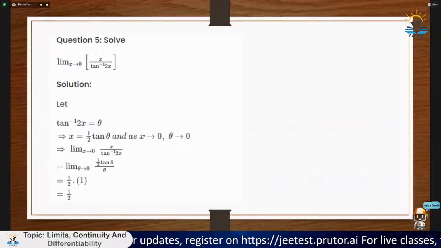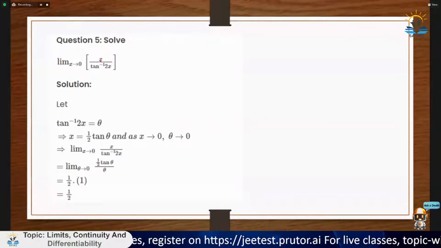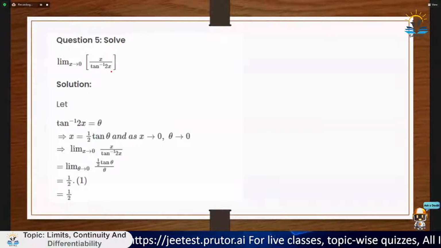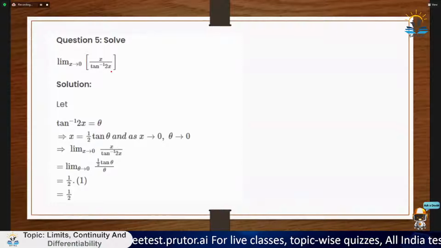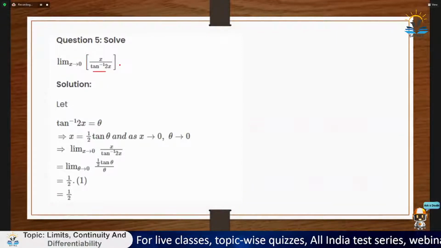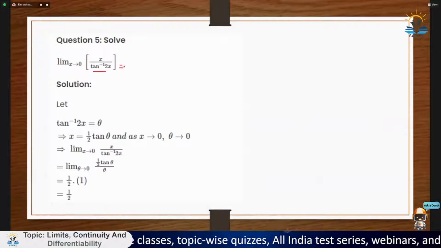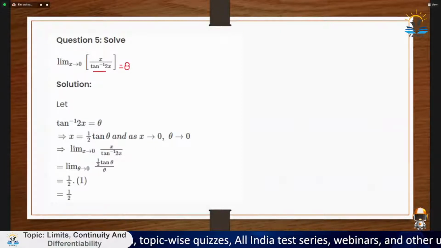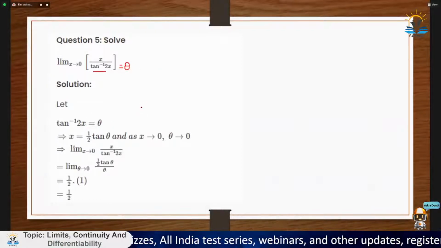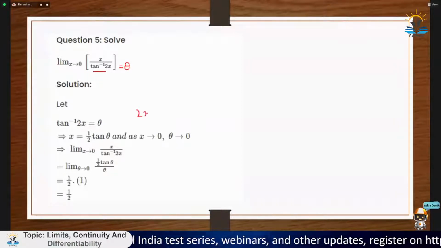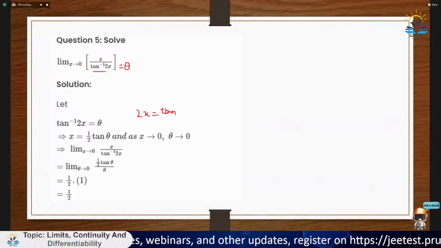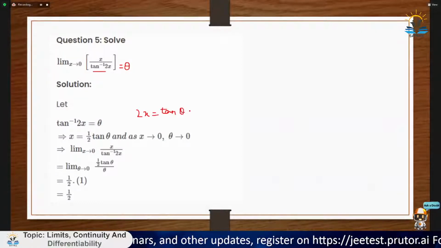And what it is saying: solve limit of x tending to 0, x upon tan inverse 2x. So again, now we need to do something with inverse functions. So let's see how to solve inverse functions. For solving an inverse function, let it be equal to theta or something. Here I am letting it equal to theta. So tan inverse 2x equal to theta. So from here, you can say 2x equal to tan theta, and x equal to